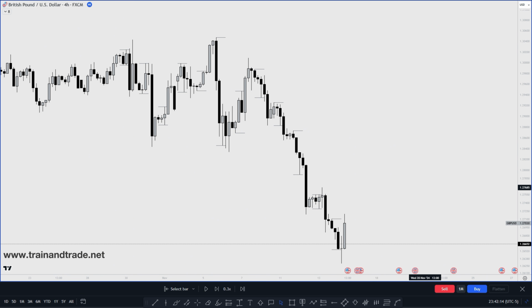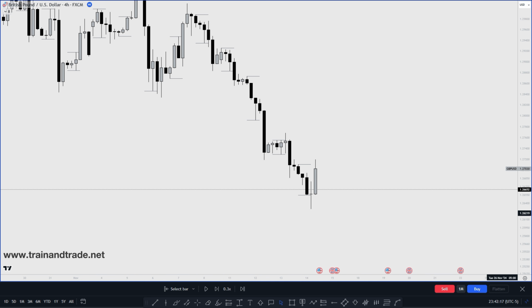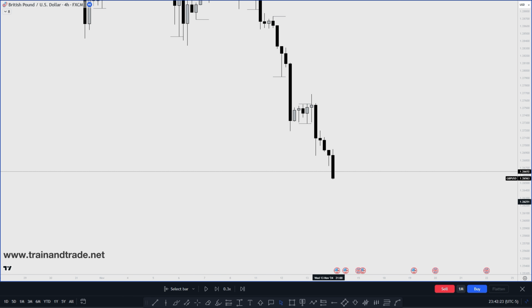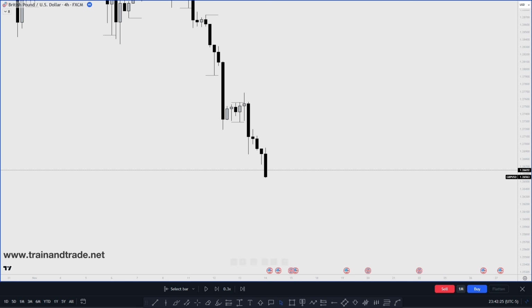So understanding that and having that specific bias, we understand that we have a discount level. Now, what we're going to do is look at an intraday setup to identify potential plays, where we can look for reversal patterns. And then we want to identify on the run lower where the imbalance points are. So we have a fair value gap that's present here, and we also have a fair value gap that is present here.